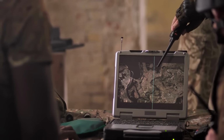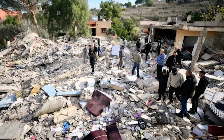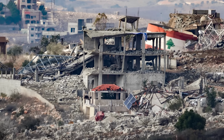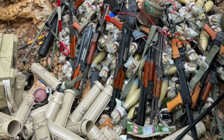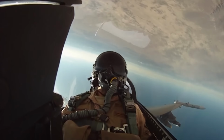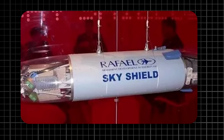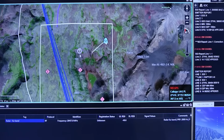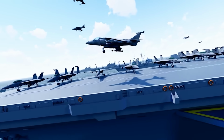By 1820, the skyline of the targeted district had been transformed. The effect was immediate and unmistakable. Multiple mushroom clouds signaled the destruction of sites critical to Hezbollah's logistics, drone operations, weapons storage, and communications. The pilots, having completed their bombing runs, executed a rapid withdrawal, relying on Sky Shield jamming pods to project false radar images and evade any remaining air defense threats. This swift exit was essential, reducing exposure and ensuring the safety of the strike package as it returned to the